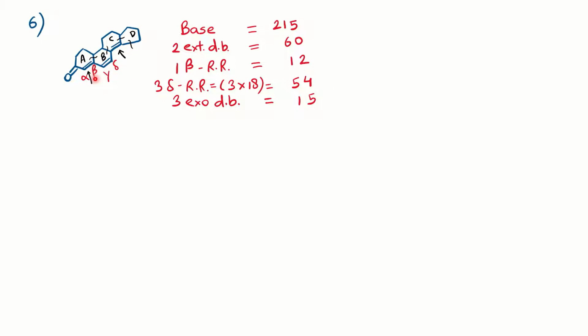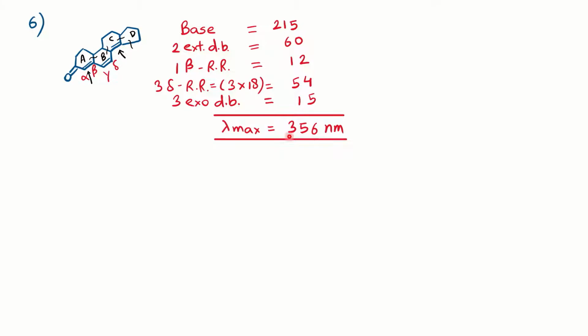So no homodiene component. Finally, we have to find the exo double bonds. You can notice it easily now. This particular arrow mark indicates the double bond is exo to the B ring. This double bond is not associated with any ring. Then comes the double bond in the C ring, which is exo to the B ring as well as exo to the D ring, so it will be considered plus 10, right? So in total there are 3 exo double bonds: one double bond in ring A, and the double bond in ring C, which is exo to 2 rings. So we consider 3 exo double bonds, plus 15.